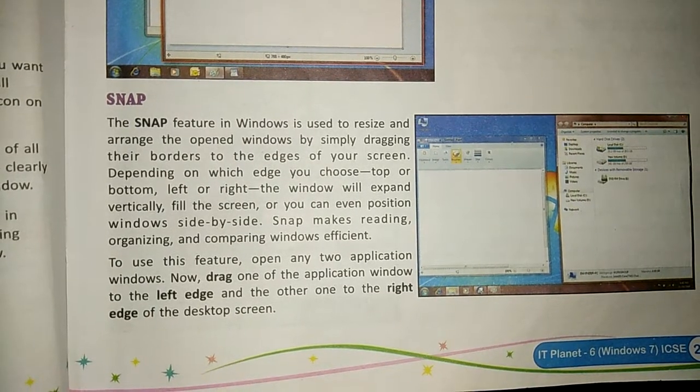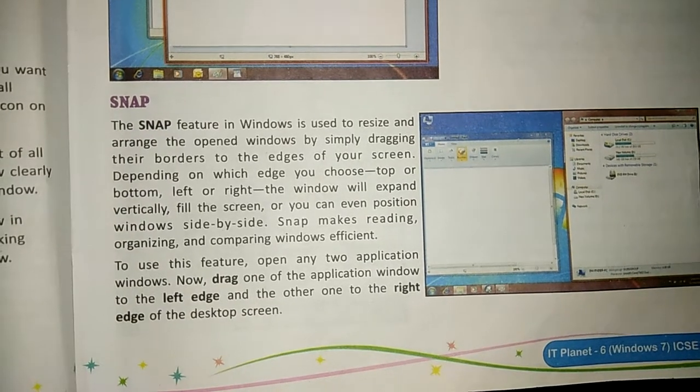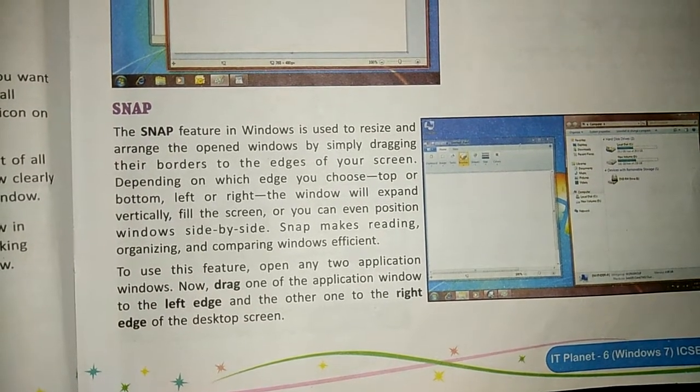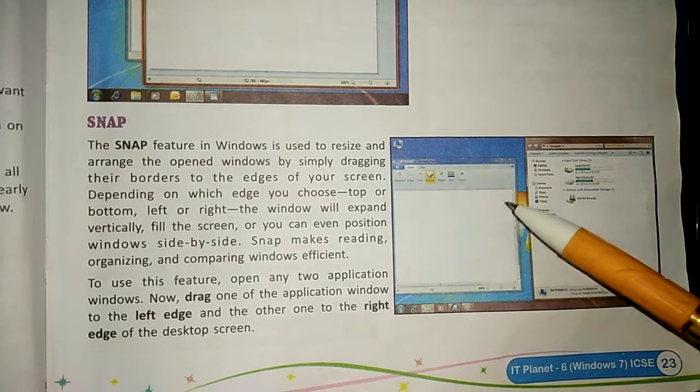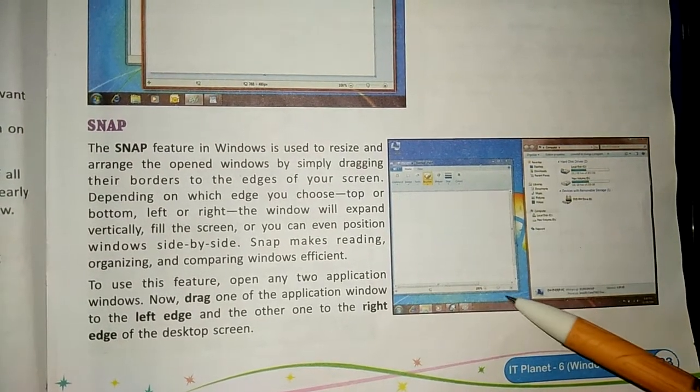Now the next topic is Snap. The Snap feature in Windows is used to resize and arrange the open windows by simply dragging their borders to the edge of your screen. These are the borders of the screens.